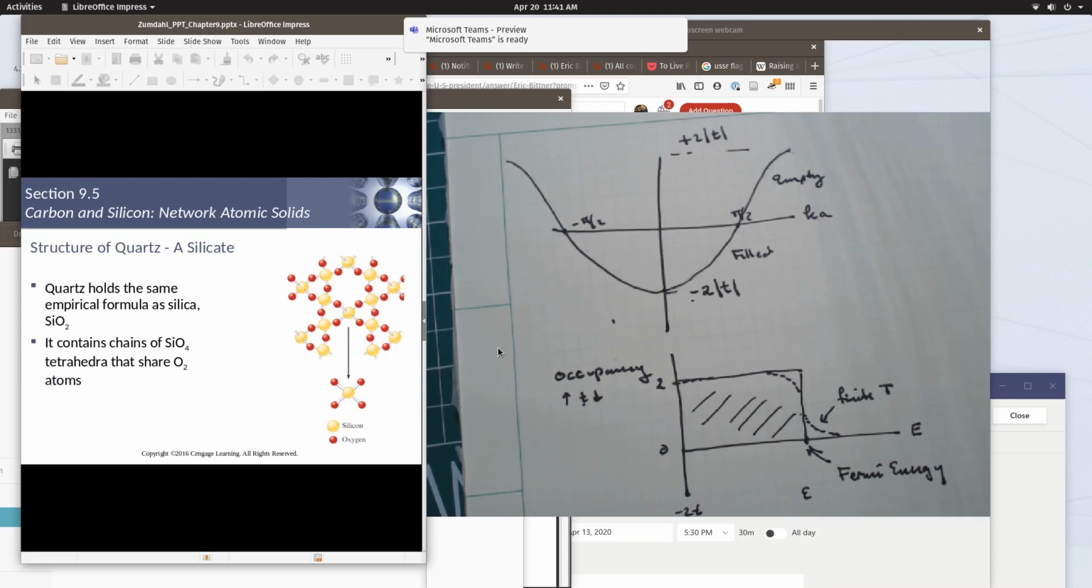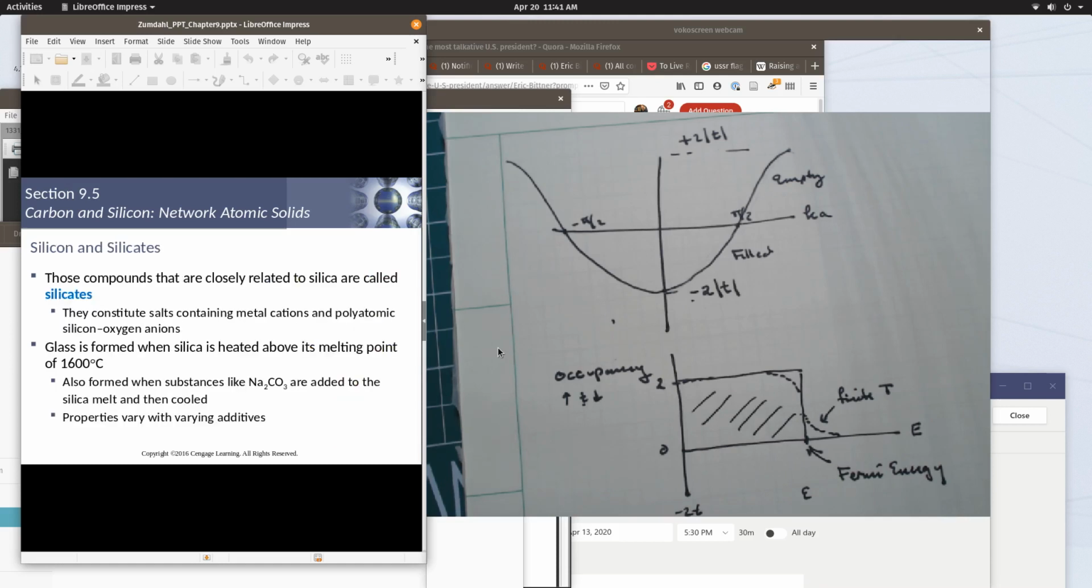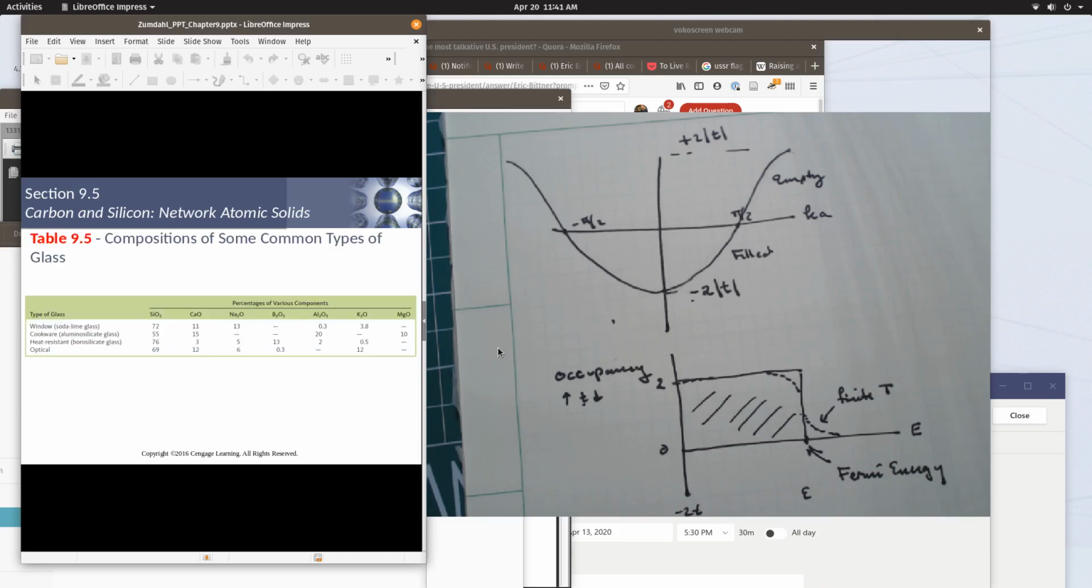In the following, quartz glass, for example, is SiO2, and it's simply chains of SiO4 tetrahedra that form a network. And again, it's an insulating material, much like graphite, or much like diamond. But silicon